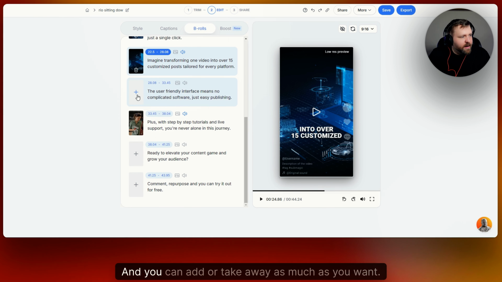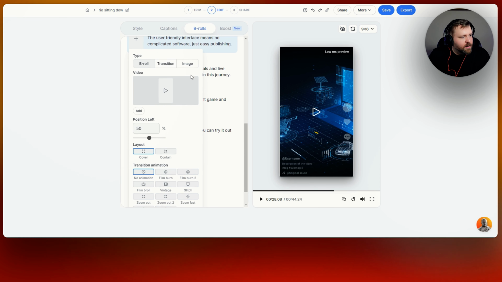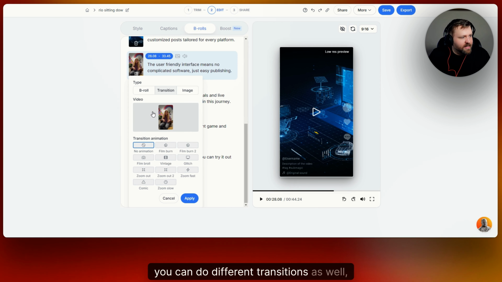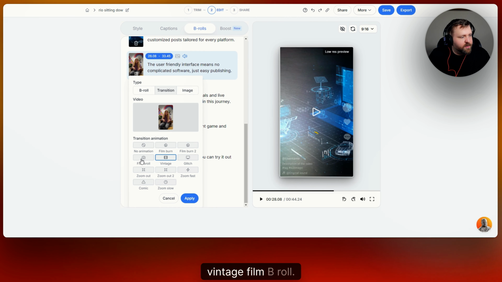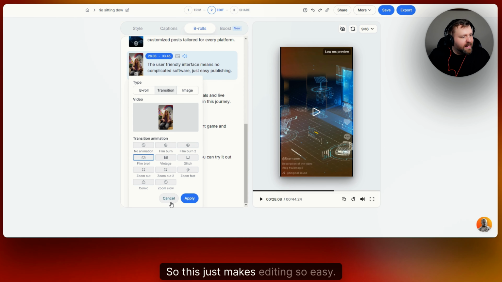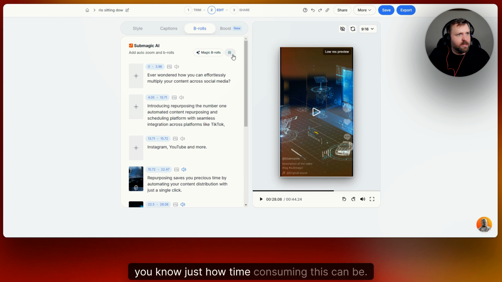And it's just like that. And you can add or take away as much as you want. You can put images in there. You can do different transitions as well, like film burn, glitch, vintage, film B-roll. So this just makes editing so easy. Like if you are an editor or have ever edited a video, you know just how time consuming this can